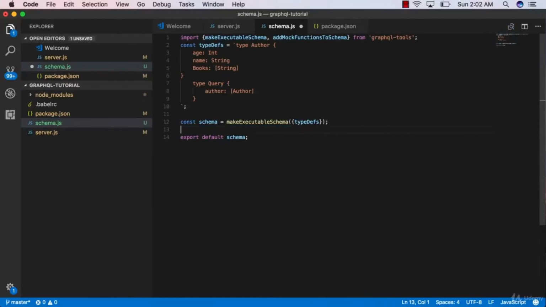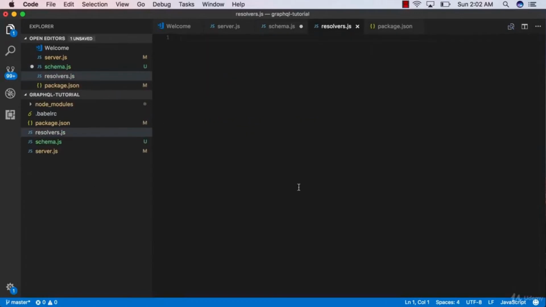Delete the add mock functions to schema line. We're going to add some real data. So create a new file called resolvers.js. For now, we're just going to store our list of authors inside of an array. Normally, they would be stored inside of a database like MongoDB. Instead, though, we're going to work with some hard-coded data just to see how resolvers work and how they can be used. To do so, create an array type const authors is equal to an array of authors such that